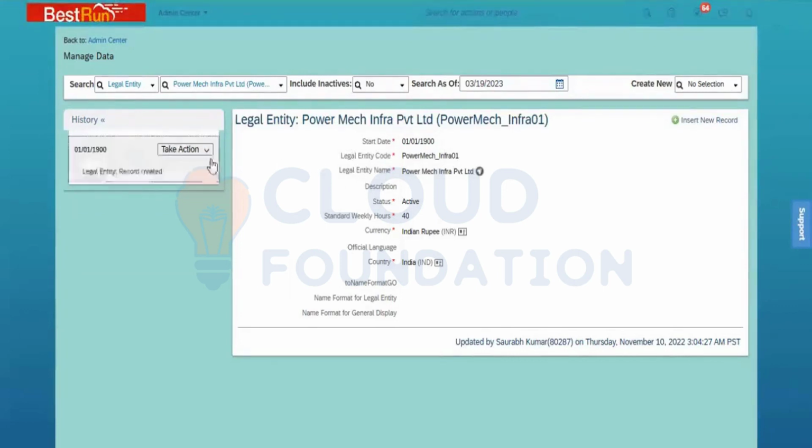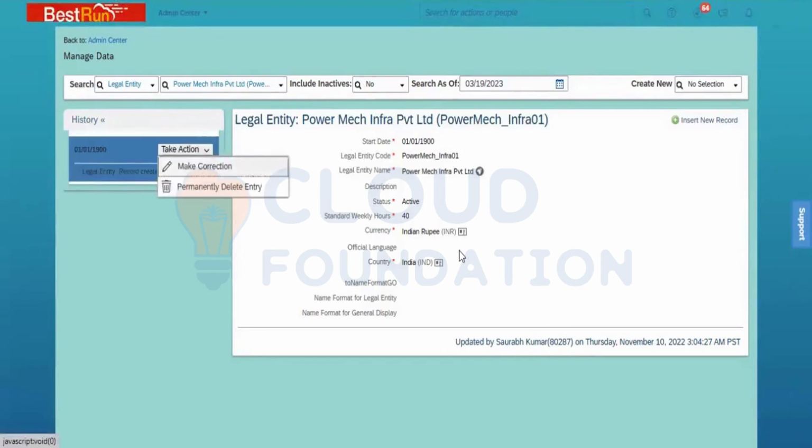So you should not overwrite it, because if by mistake we have overwritten the record and made it inactive, we don't have any sort of backup. And always make sure that you take a screenshot whenever you are making changes, to be on the safe side in real time. Because we also need to prepare a configuration document, step by step.